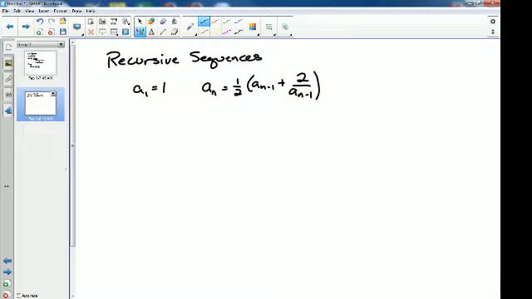Why would it be 1/2 of? It's just what we define it as. This is a recursive sequence because the next term is defined by the term before it,